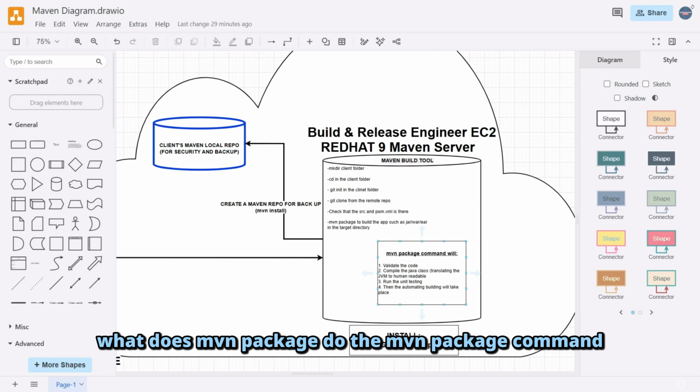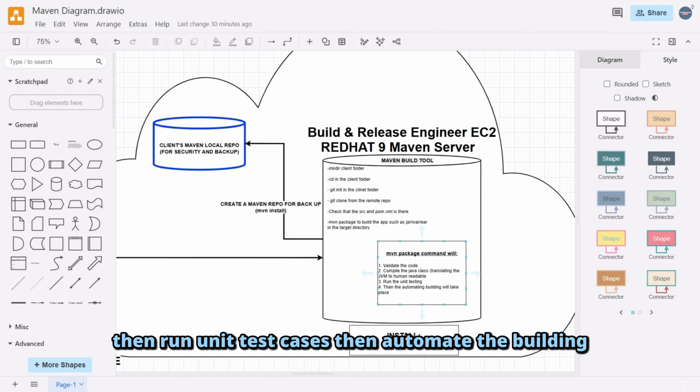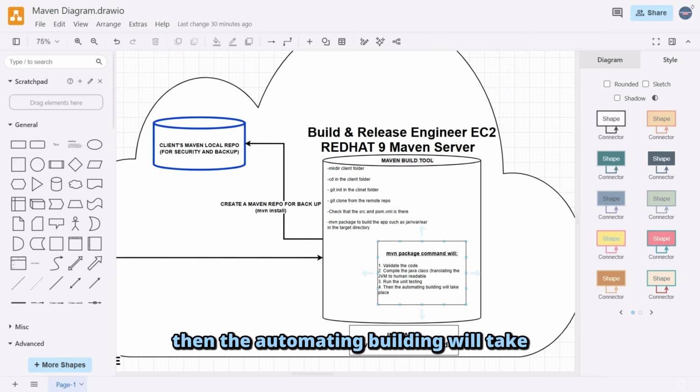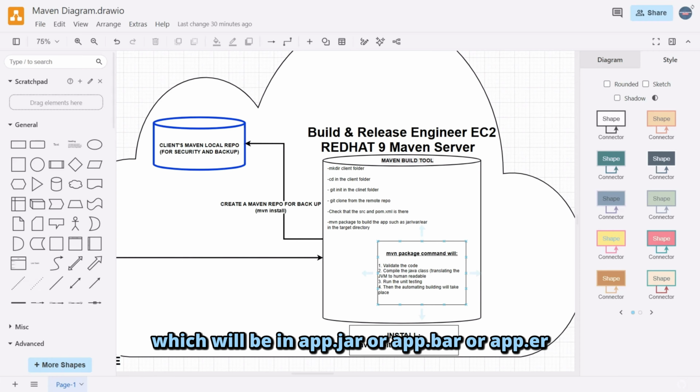What does mvn package do? The mvn package command will first validate the code, then compile Java classes, translating the code for the JVM into a human readable file. It will then run unit test cases, then automate the building. Then the automated building will take place, and then we'll have our application, which will be an app.jar or